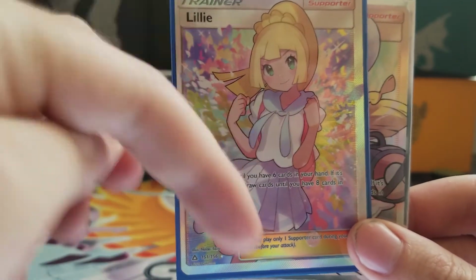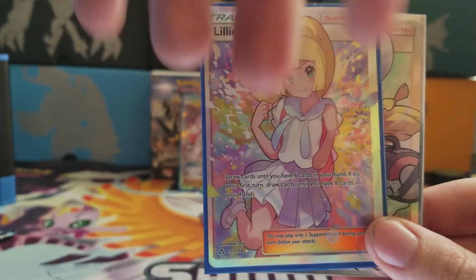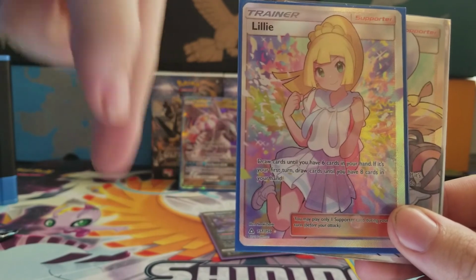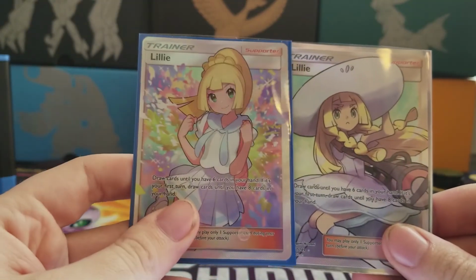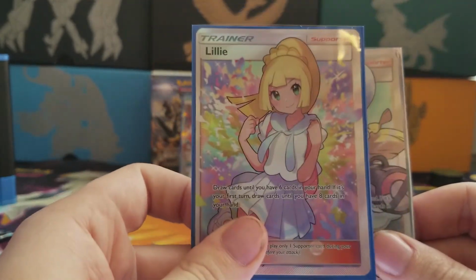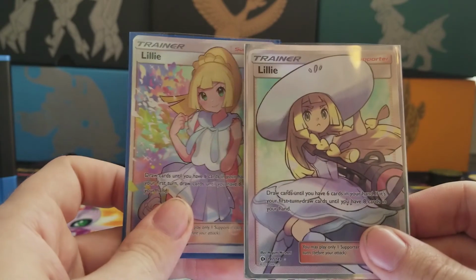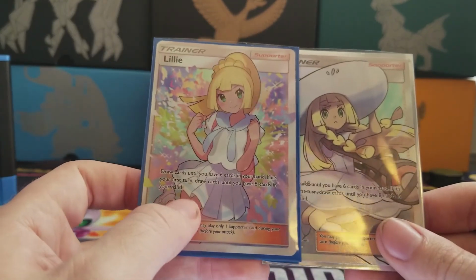But if y'all would just go down in the comments, sorry, that looks a little weird since I'm pointing at her. Put which one you like, whether you like the left or the right one. I actually was told that this one is called the Z form Lily, this one here, not this one. So tell me if you like the Z form Lily, or the old Lily card. They both have the same attack or whatever, but